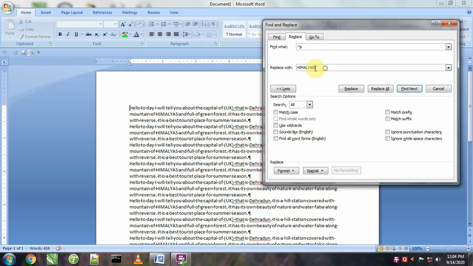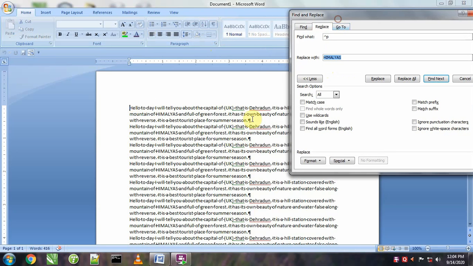Now I want to replace it with backspace, meaning I want to delete this paragraph mark. For this I will press the backspace key on the keyboard. It is not shown over here, but it will work. I will click on replace, again replace.